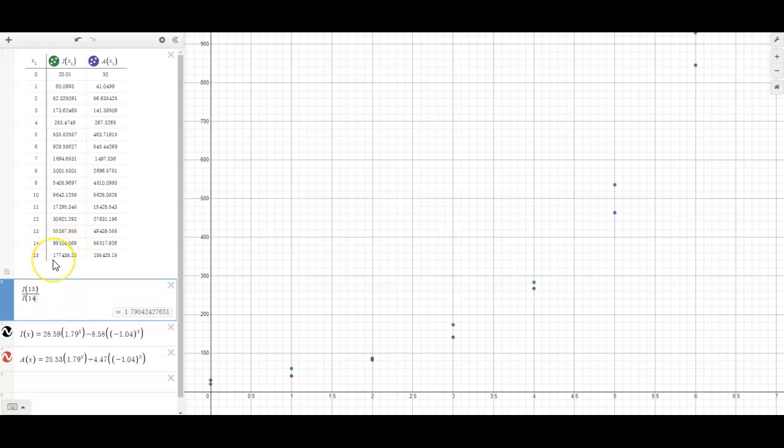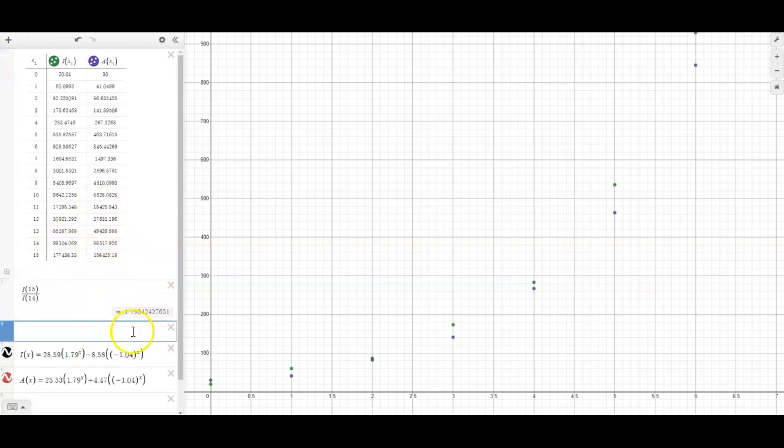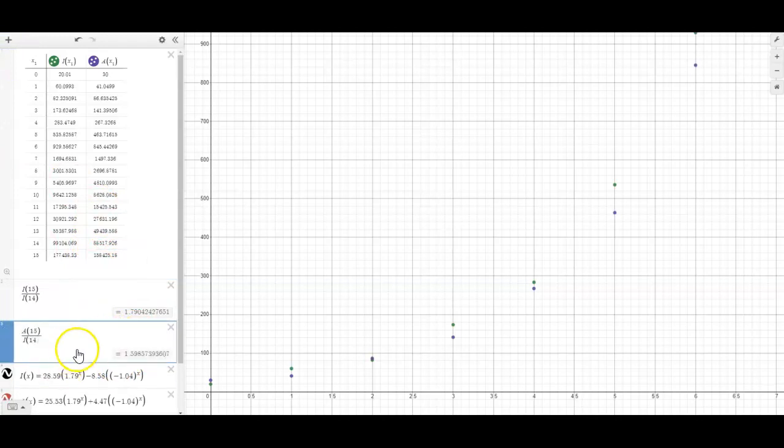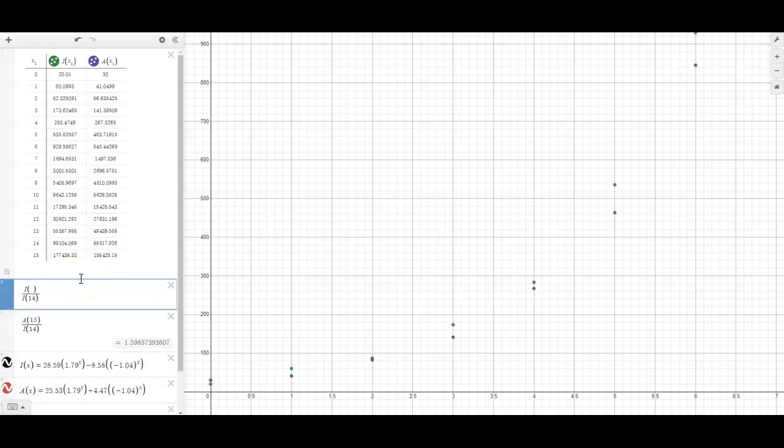99,104 to grow to 177,438 represents a growth. It almost doubled. It was about 179% of its previous value. And also, if I look at a of 15 divided by I of 14, now that's not quite at the 179% yet, but if I start to make these bigger components in time,